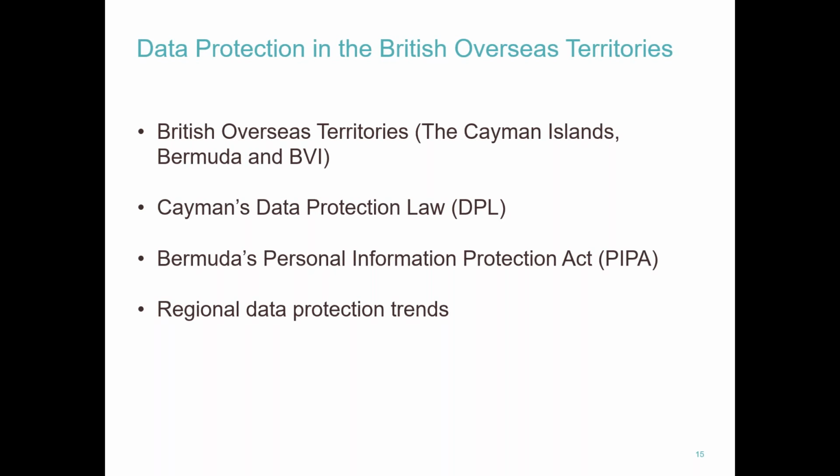So just looking at each territory in turn, starting with Cayman. Cayman's data protection law, the DPL, was passed in March last year. It was a long time coming, in fairness, and suffered 2 or 3 setbacks and failed attempts to pass since it was first circulated as a draft bill back in 2011. After that time, the drafting committee here tried, as far as possible, to track the discussions that were taking place in the EU surrounding the GDPR, with an eye to achieving adequacy status for Cayman.